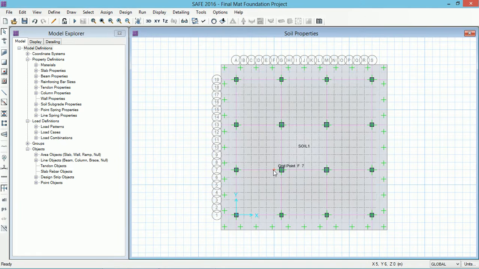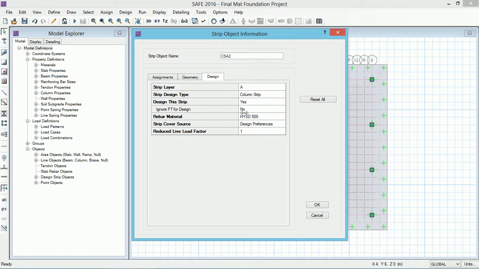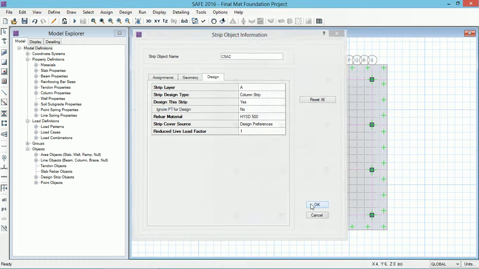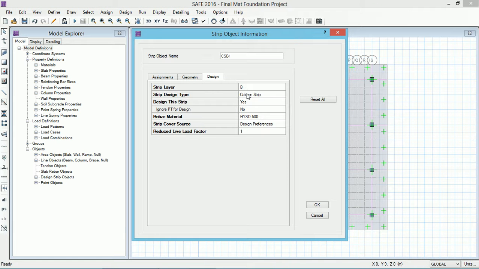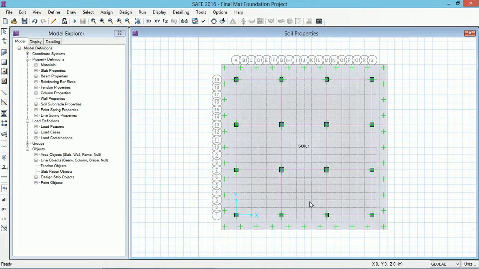Click on OK. You can go to any strip and check here. All the horizontal strips are in group A, and all the vertical column strips are in B, HYSD is there. So apply this rebar material to all the